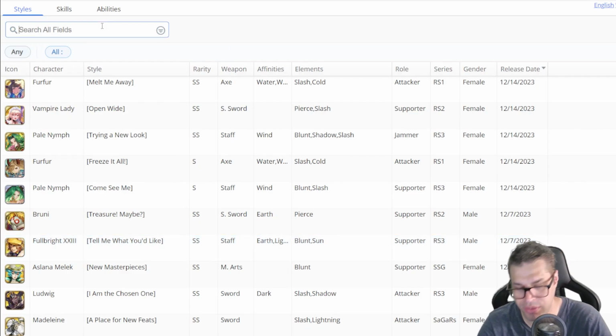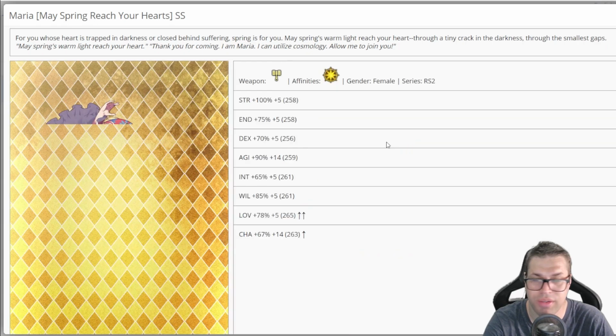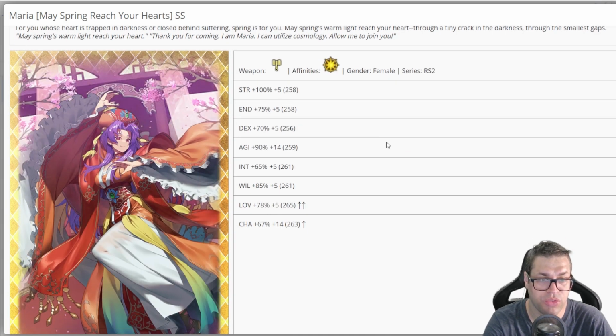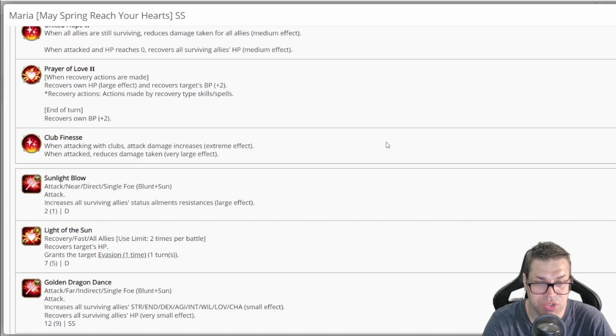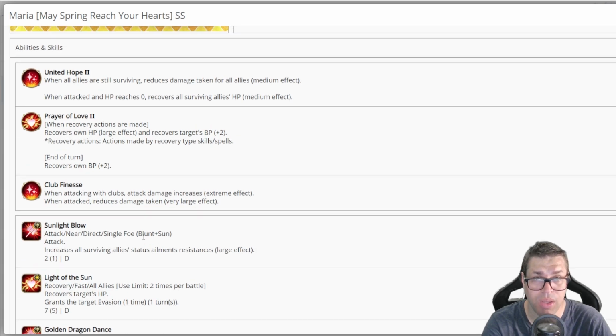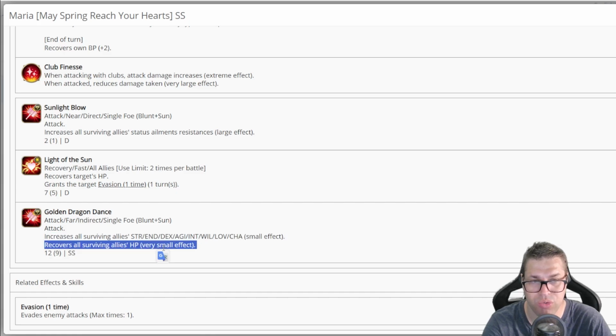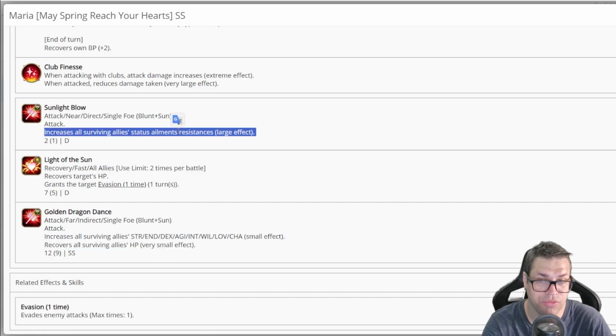This skill is also found on Maria, a character that people still use because she has Scrum Guard, decreasing damage taken by 20% when everyone is alive, and she also has Light of the Sun. This skill was buffed for global. We can use it 2 times, while on JP you can only use it once. Well, Maria also buffs stats, but she buffs by 25%. She can also recover, and she also has this very unique...